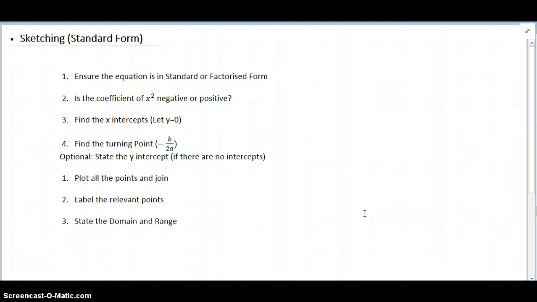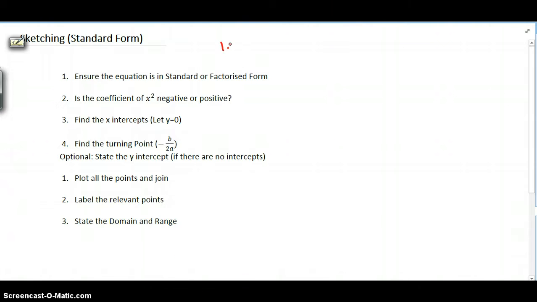So this video is now going to be sketching a graph while it's in either standard form or factorized form. The previous video looked at sketching while it was in turning point form. So the first thing we need to make sure we do is ensure the equation is in standard or factorized form. And an example of this, for question 1, is (x + 2)(x